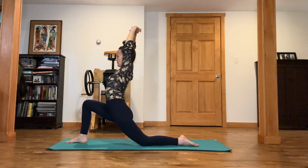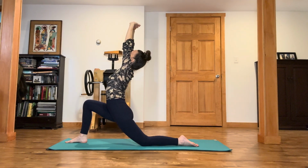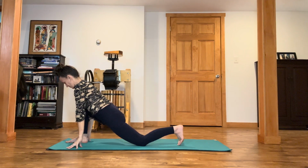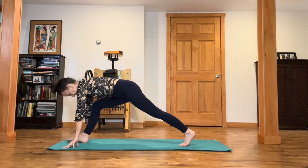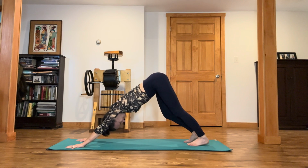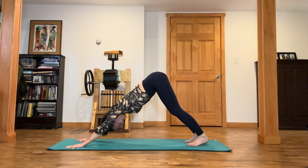Interlace your fingers, flip your palms up right away from the hips. Inhale, look up at the hands in the air. Exhale, release your hands to frame that front foot. We're going to tuck the left toes, lift your left thigh, lift your hips, and then slide that right foot back into a downward dog. Pedal out your feet in this first downward dog of this practice, spreading your fingers wide,